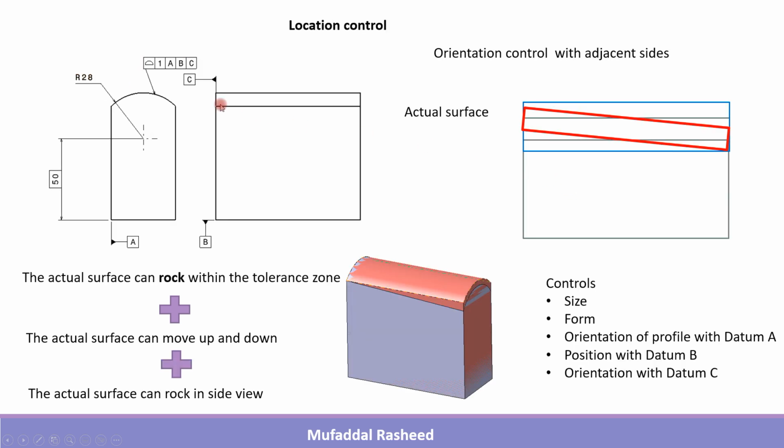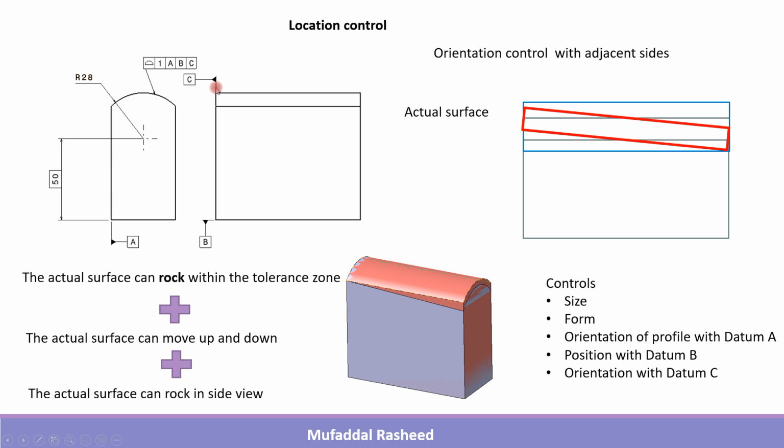If you are adding an additional datum as shown over here, if you are having a datum like this, so datum feature C is being added to this face. This face is datum feature C, this face is datum feature A, and the bottom face is datum feature B. And then we are changing the profile control. So the profile of the surface has to be within a tolerance zone of 1 with respect to datum A, B,